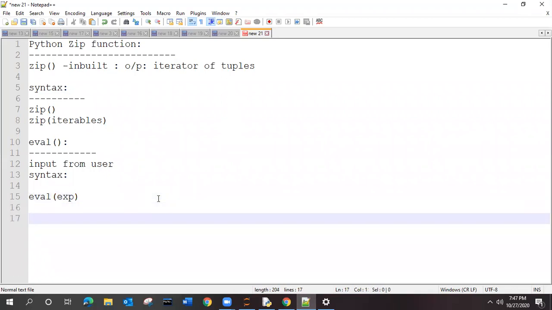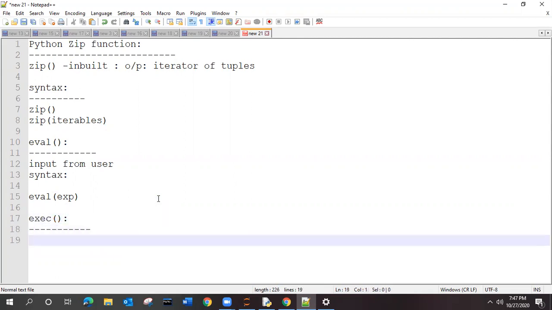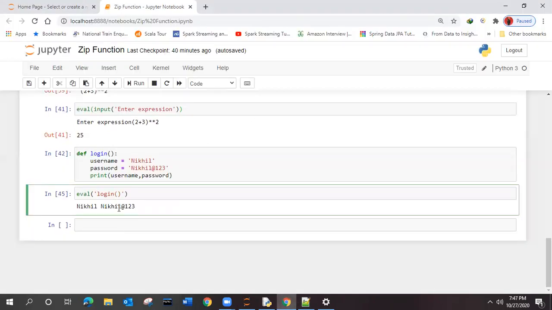We have one more function. What is this function? Execute. Whatever you give this, it will execute it. Then how does it differ from eval? Eval is for mathematical operations.